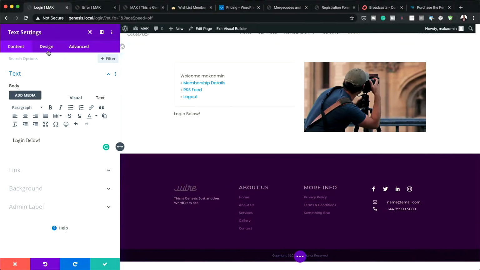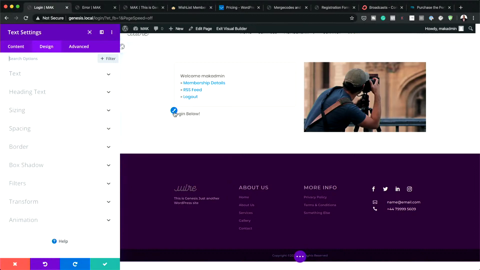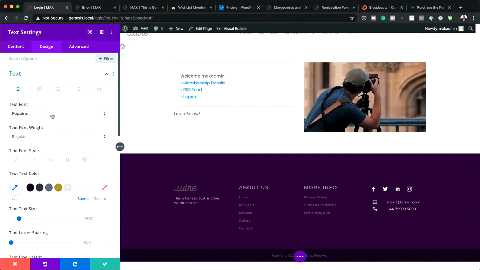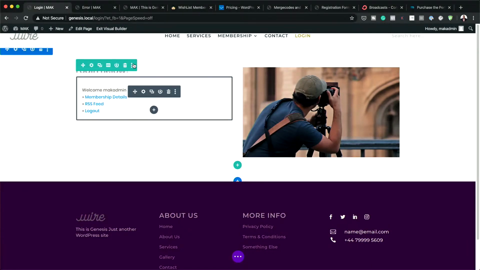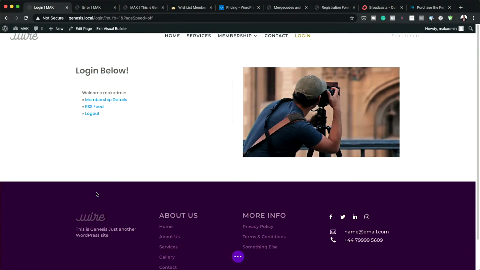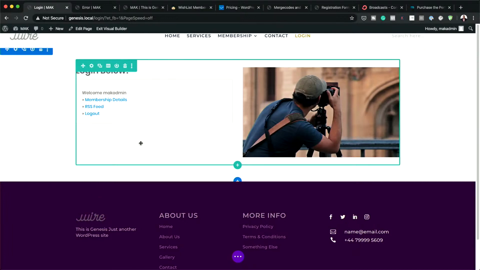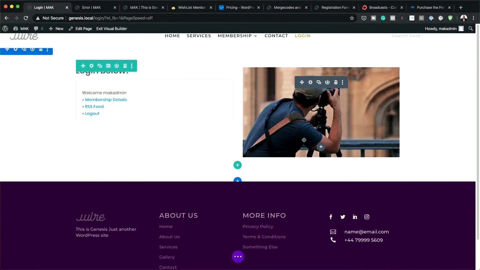Okay, so I'm going to say login below. Come over here to design. Go to that text and really make it bold, or maybe semi-bold. Increase the size a little bit. Save that. And then drag it on the top here. Okay, great. So you can see here now, I've just gone in quickly and I just created my own login